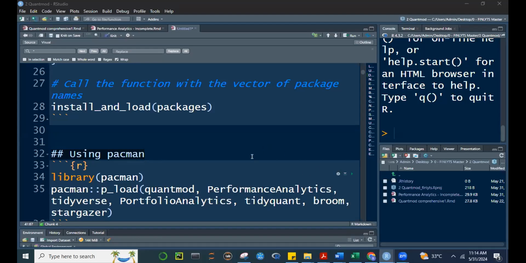Morning, everyone. Today we're going to continue our discussion on quantmod, PerformanceAnalytics, PTR. Now if you take a look at our syllabus, we're now preparing for generating portfolios, creating optimal portfolios, and then creating the efficient frontier. So we have been using the very important package called quantmod, and we have seen its